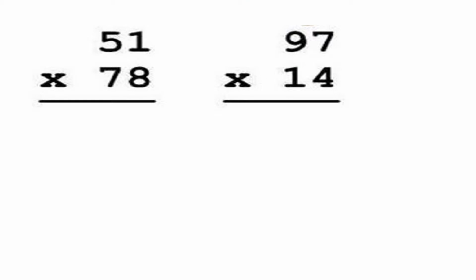Now children, we are going to multiply a 2-digit number with 2-digit numbers. Always start from the ones part. First you are going to multiply 51 with 8. Then you will multiply the 51 with 7. Now first we will multiply 51 with 8. Now 8 ones is 8. Now 8 fives are 40. Now children, we will multiply 51 with 7. Now 7 is at tens place, so you will start from the tens place. At ones place you just put a cross or 0. Now 7 ones are 7. 7 fives are 35.